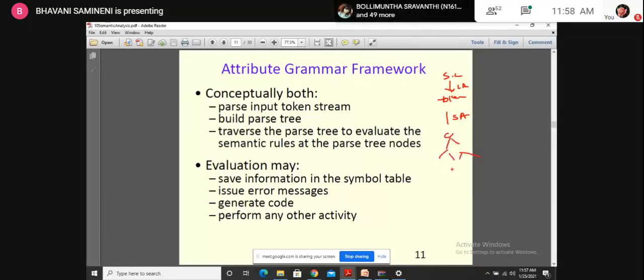Now this parse tree will be sent to the semantic analyzer. The semantic analyzer gets the same parse tree; there will be no changes in the parse tree constructed in the syntax analysis. Now, what we are going to do in the semantic analysis is traverse the parse tree, and while traversing, we have to evaluate the semantic rules that we have used in the construction of the parse tree as a CFG.